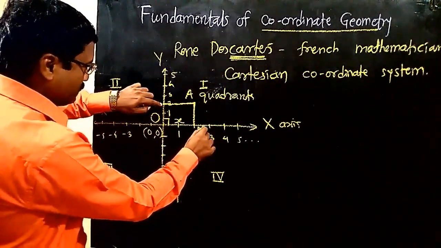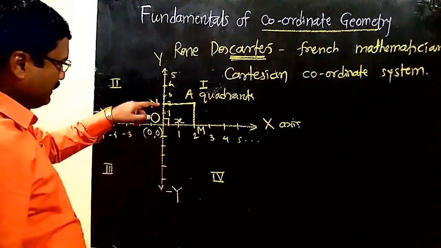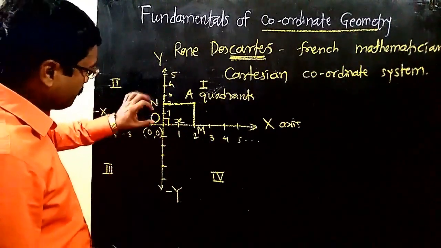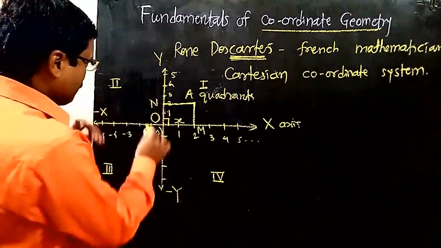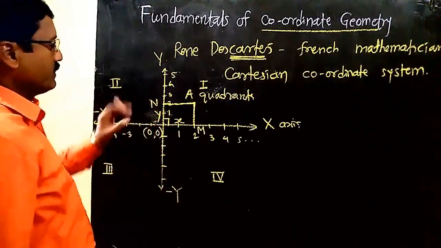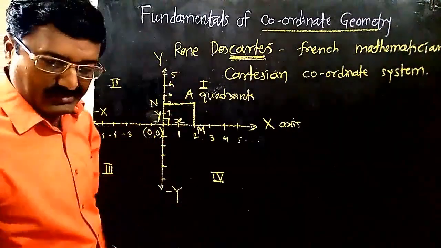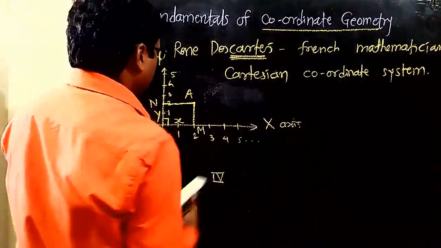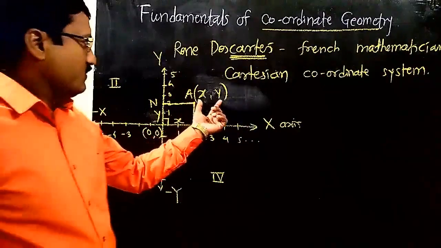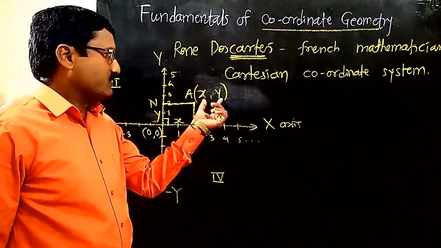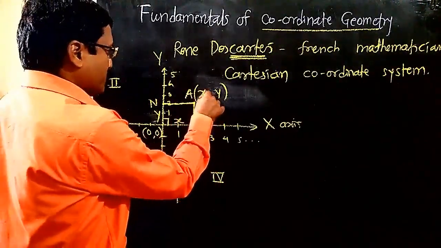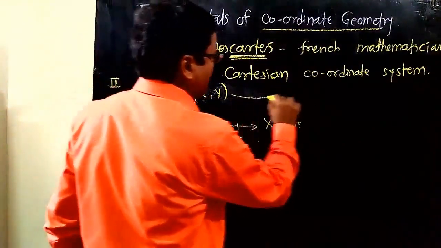Let us give names to these feet, M and N. This N is nothing but the foot of the perpendicular. So the distance of the foot of the perpendicular from the origin, this much, is nothing but the distance y or coordinate y. This is the y coordinate of point A. So the coordinates of the point are denoted by letters x and y. And this is the ordered pair. This is the ordered pair of the coordinates, or numbers associated with this point A. So these are known as the coordinates.